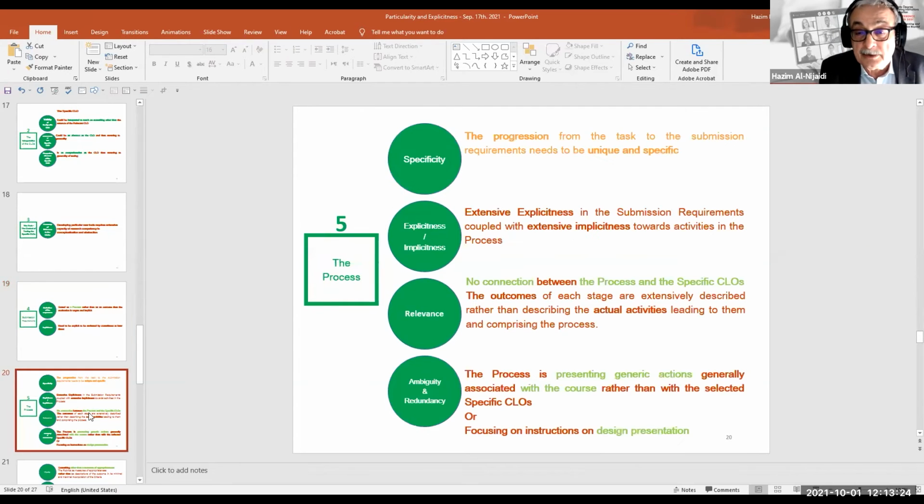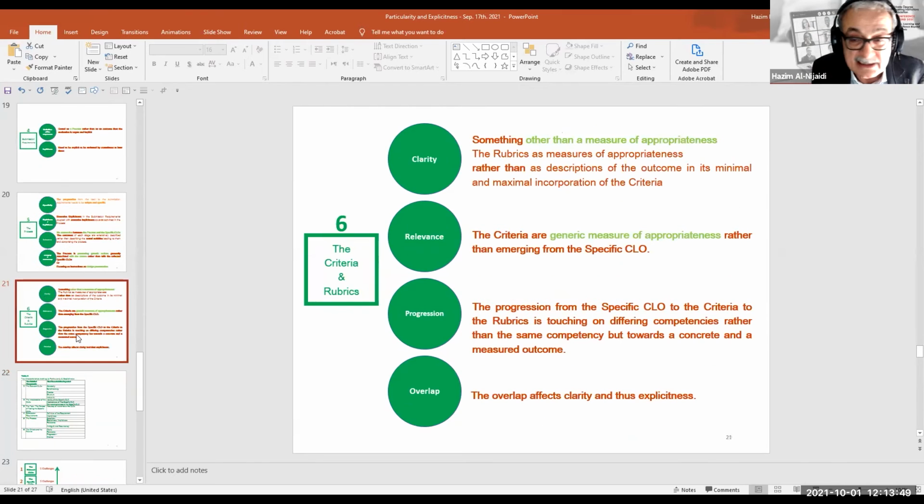When we go to the process itself, the main challenge here is its relevance, whether there is a connection between the process and the specific CLO. Normally, we find the process that's stated is generic with tasks associated with the course, rather than with the specific assessment in that particular case.